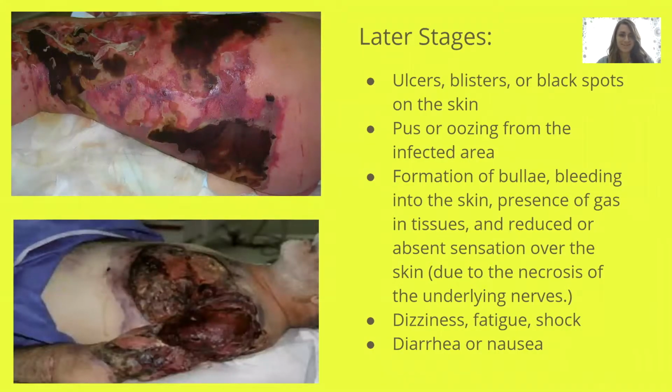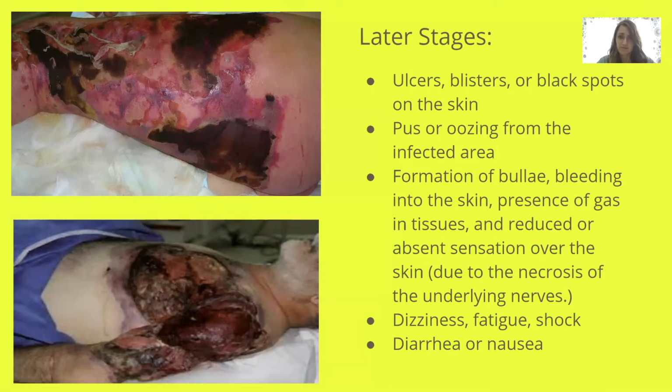These are the later stages. I couldn't help but get the gnarliest pictures I could find. So these later stages are going to include ulcers, blisters, or black spots on the skin, like you can see in this top picture. We have pus or oozing from the infected area, formation of bullae, bleeding into the skin, presence of gas in tissues, and reduced or absent sensation over the skin, and this is due to necrosis